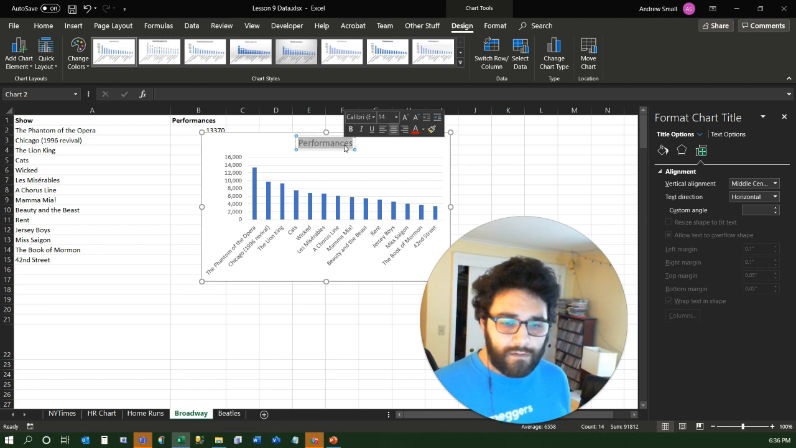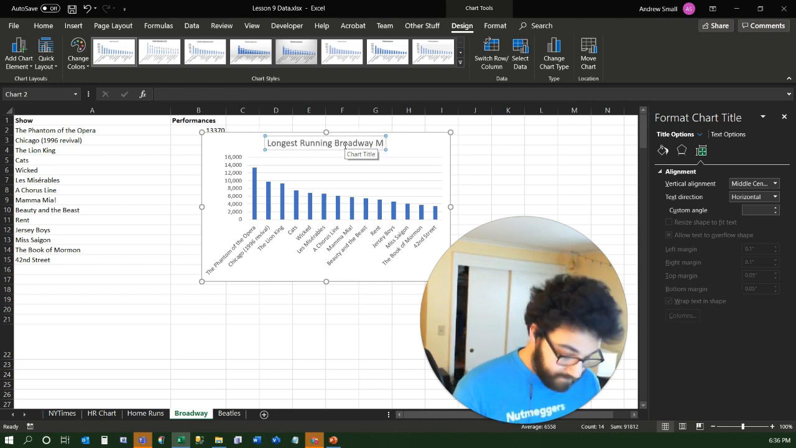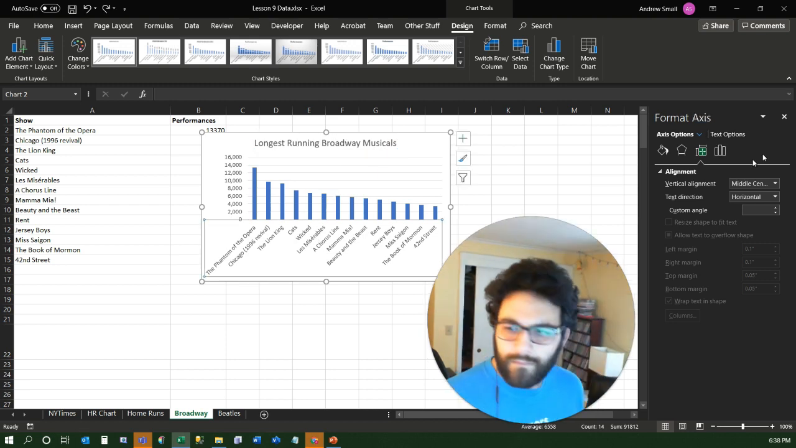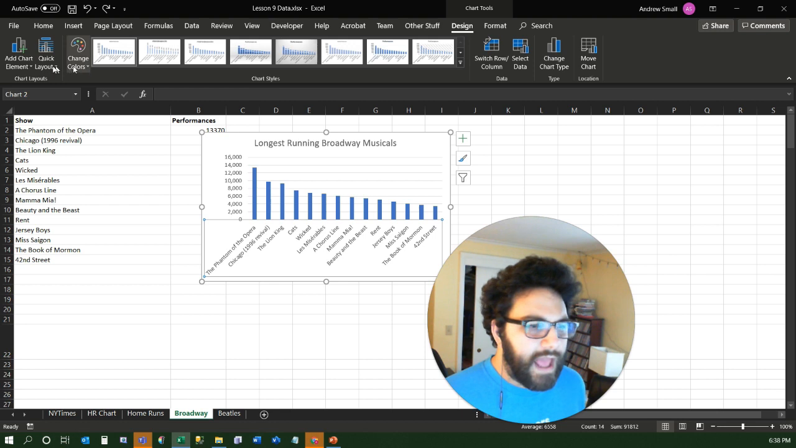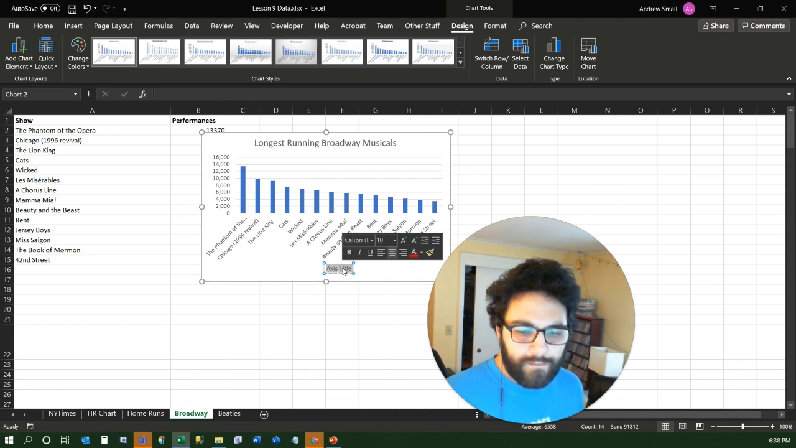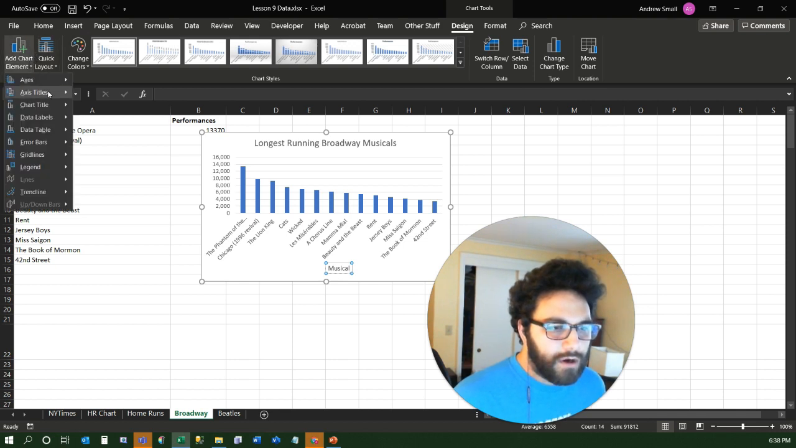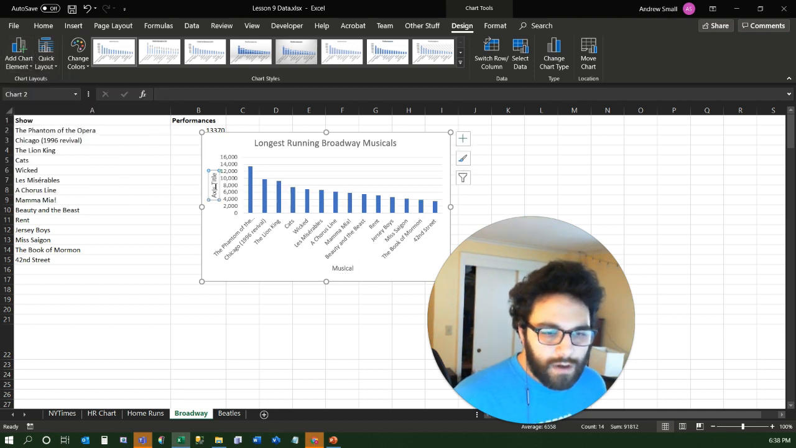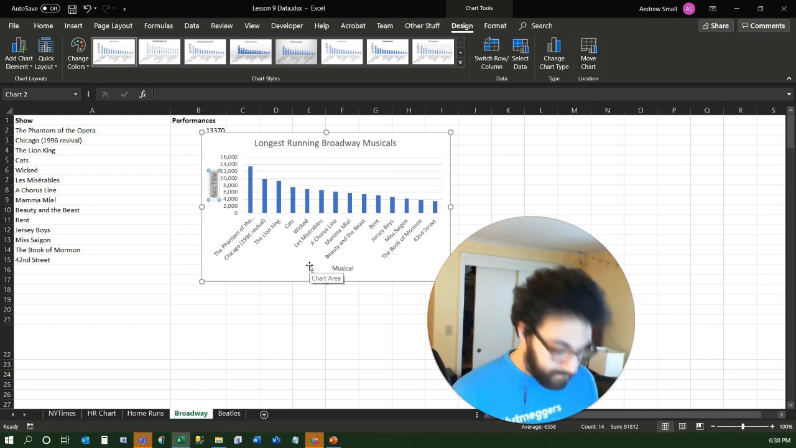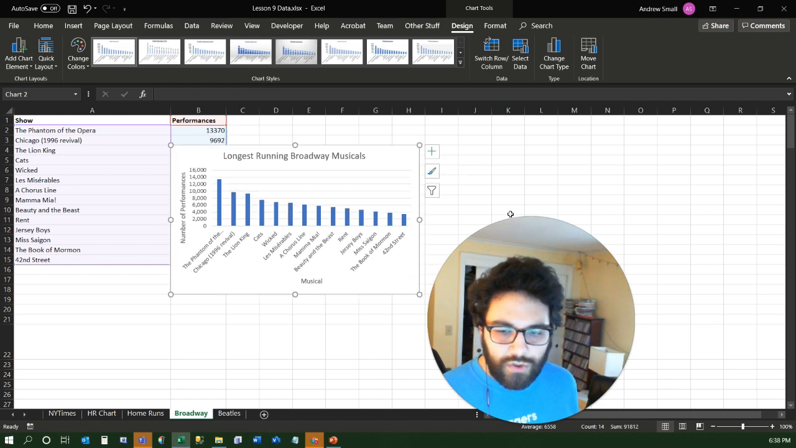And this is longest running Broadway shows, Broadway musicals. And again, we're going to add axis titles. You always want to have axis titles, because they make your data more cohesive, more coherent. Now, in addition to all of the adding data elements and things like that,